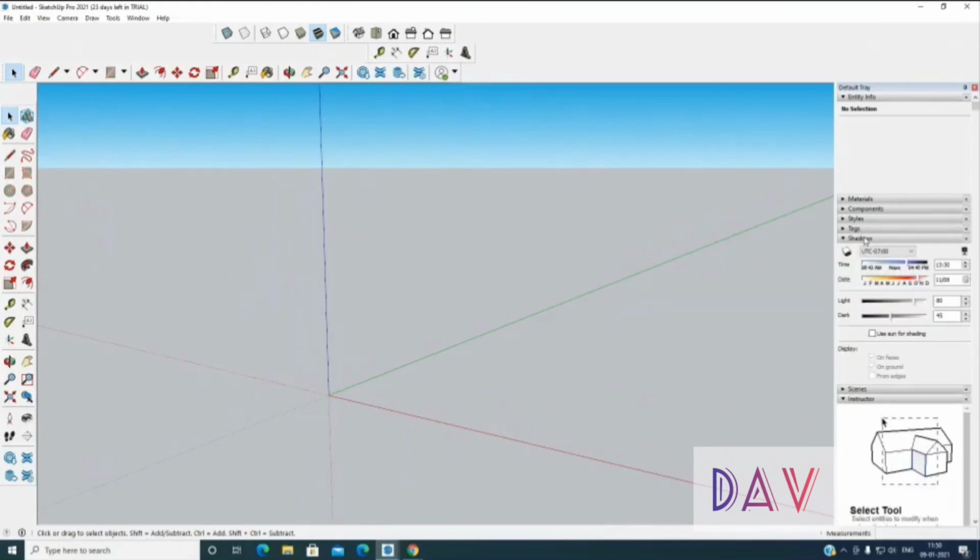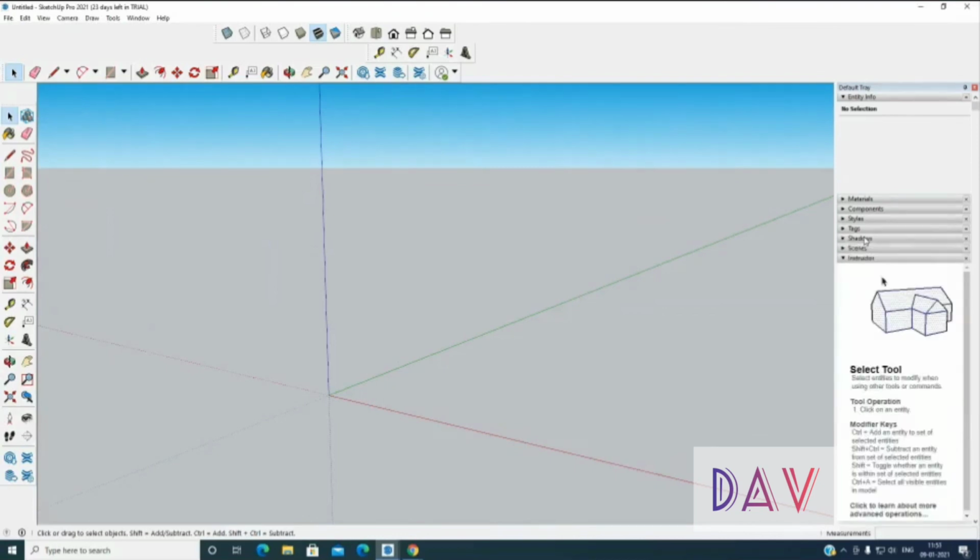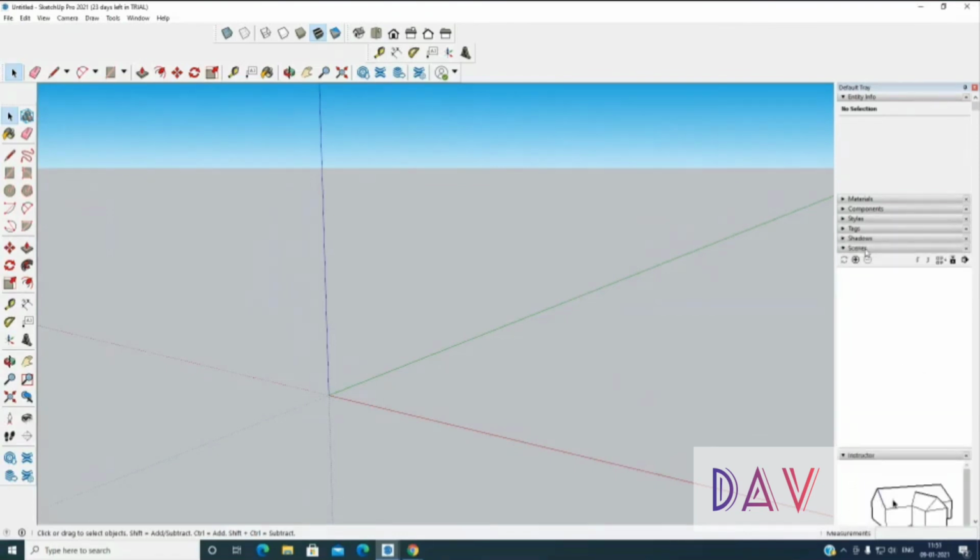Shadows. So when we are going to create 3D animations or a sketch in SketchUp design, we have to provide the shadows. That depends upon you, how realistic you want the drawing or the project. So this option we are going to use from this shadow. After that, we have scenes. While creating the animation, we are going to use the scenes toolbar, and we will be having a tutorial on this.